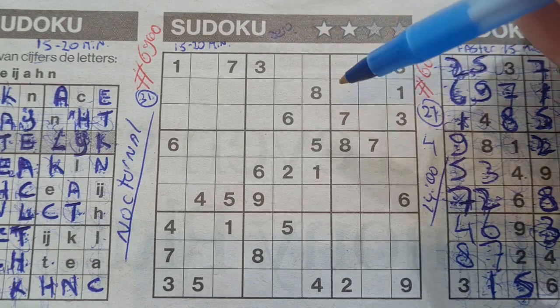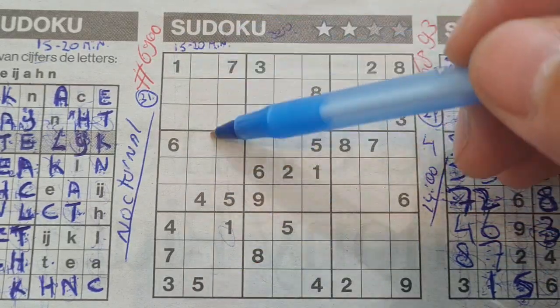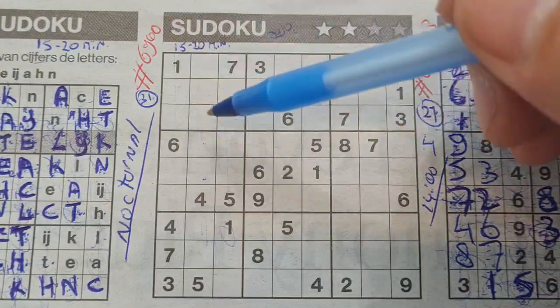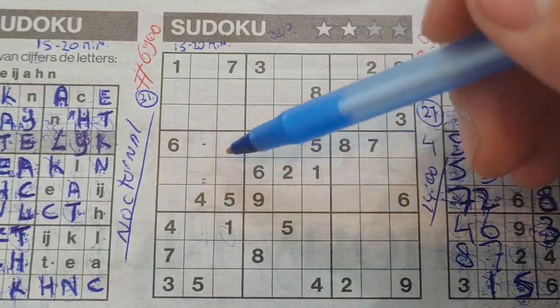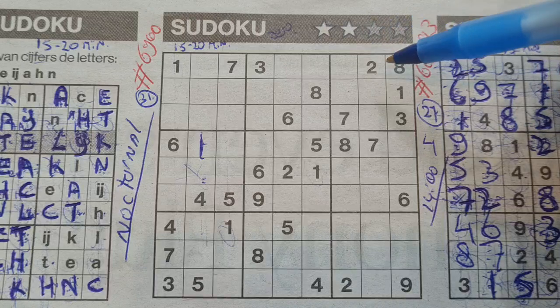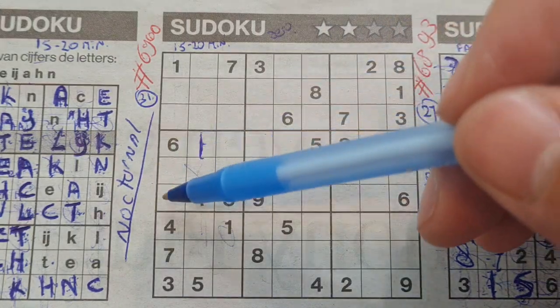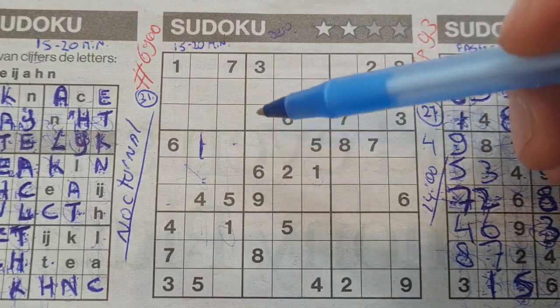Let me see, which number can I pick? How about the 1 in the first column, 1 in the third column? So the column between, only 2 places left for the 1, it should be here or there. We see a 1 in the middle row, no 1 there, 1 should be there. Alright, then 2, then